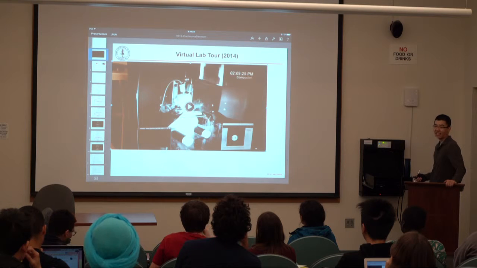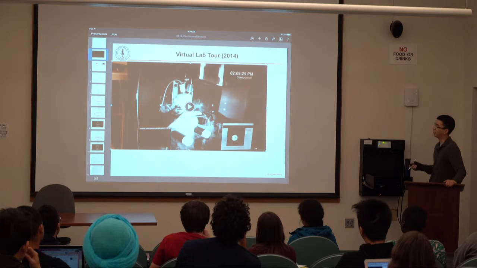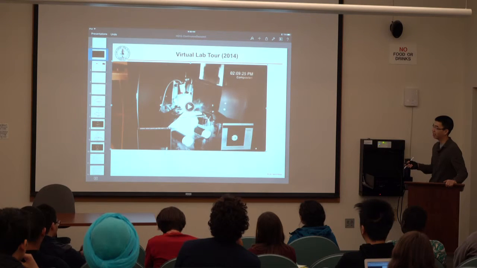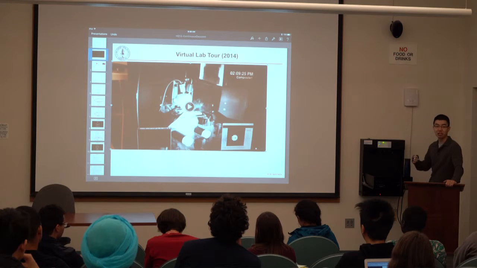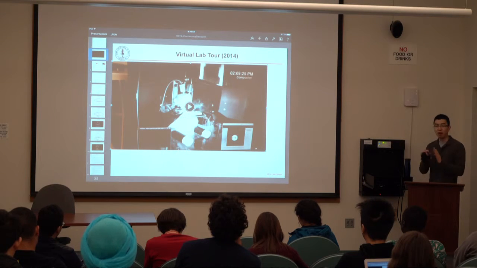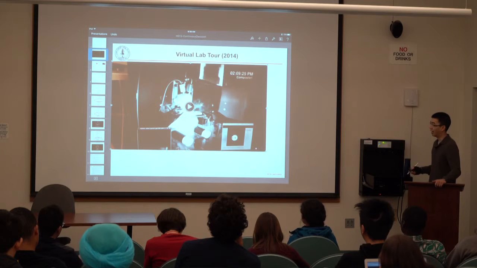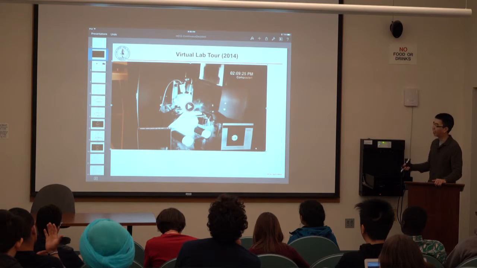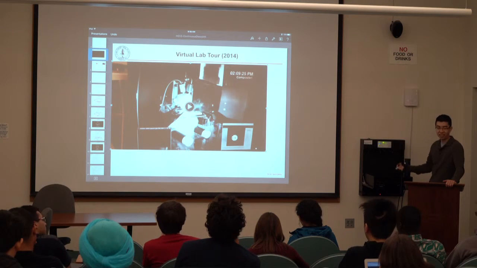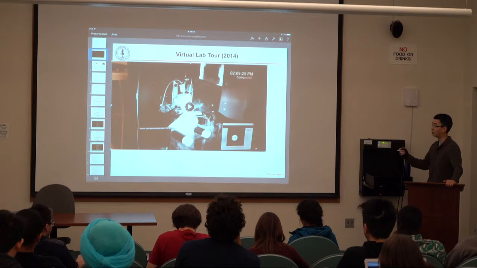Monkey J has, can someone tell me how many arrays are implanted into monkey J? Yeah, I see two arrays. So each box here is the buffer for one array. And so he has one array implanted into his motor cortex, M1, where we said there was a lot of movement activity, and one array implanted into his dorsal premotor cortex. And the same hardware that we showed in the previous lecture is off the screen over here, where we had the same front-end amplifiers that are amplifying the signal and sending it through an optical fiber, if you guys remember,